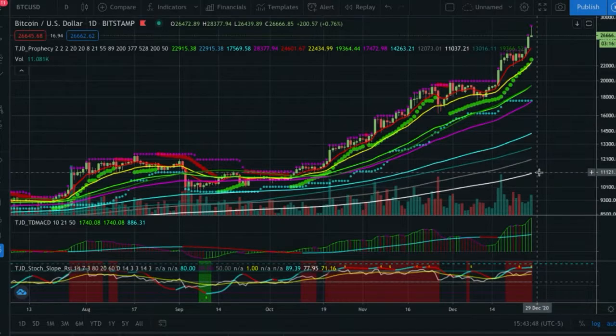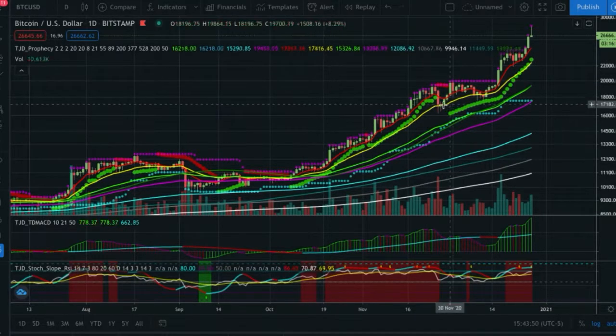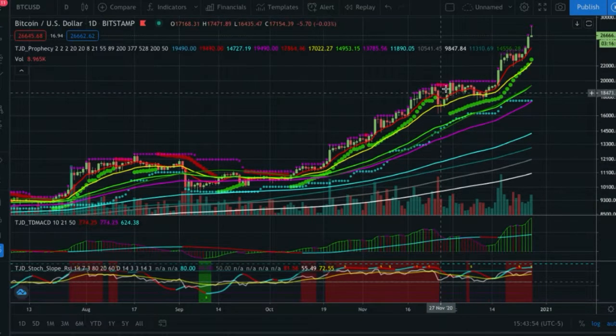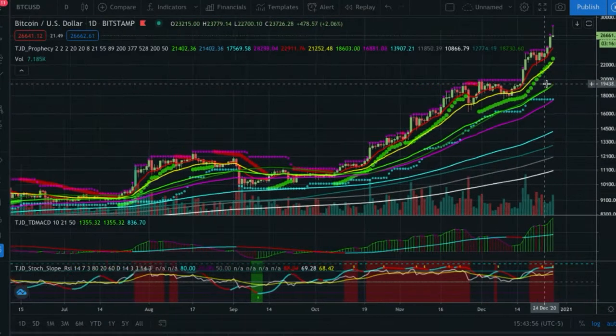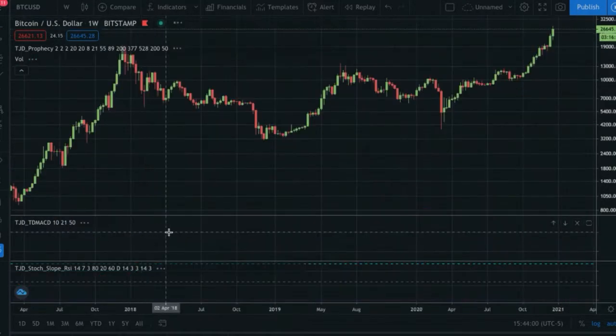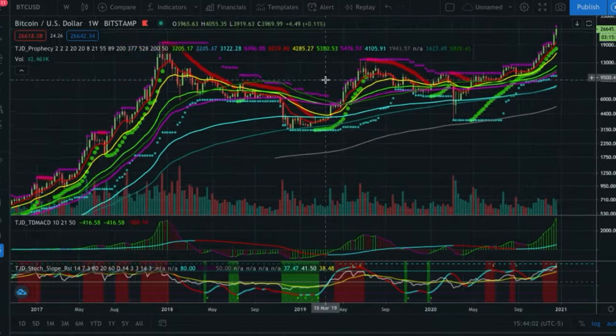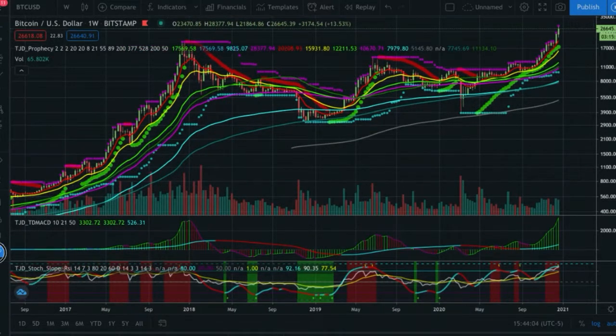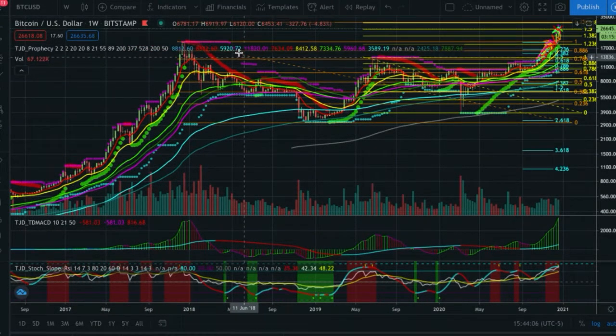So it does seem unrealistic at this point in time, but only because we've had so much bullish exuberance, bullish irrational movements, that it seems like we can never pull back. But eventually buying pressure does get exhausted and you have healthy retracements. It's also very likely that we would get a retracement back down to the